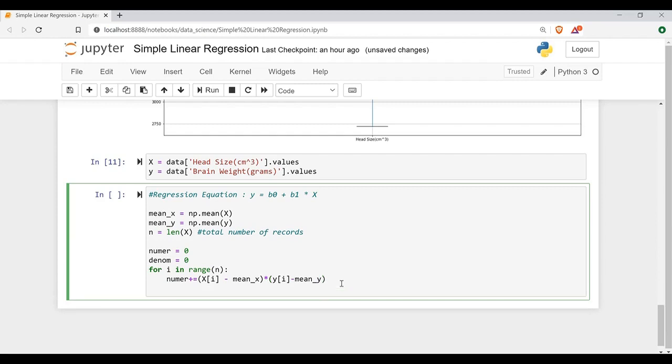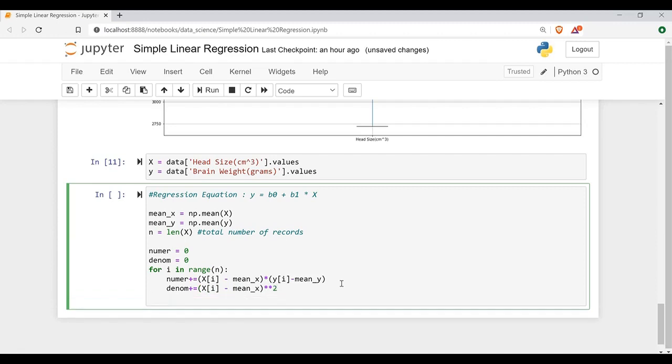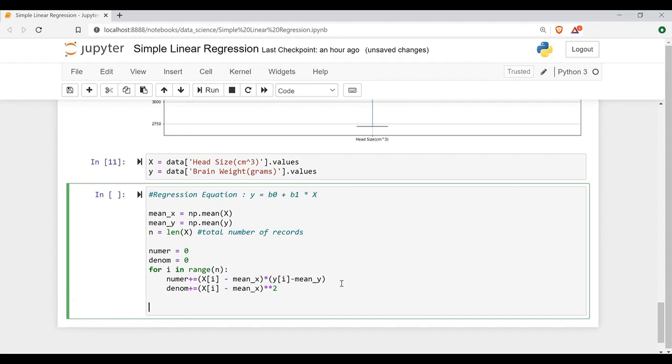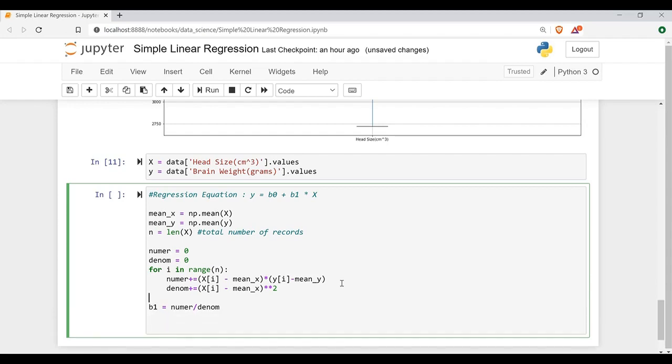And here denominator would be denom plus equals x minus x mean whole square, so I'll say x of i minus mean of x whole square. Then once we get this, the b1 value, that is the slope value, will be numerator by denominator. That will be our slope.